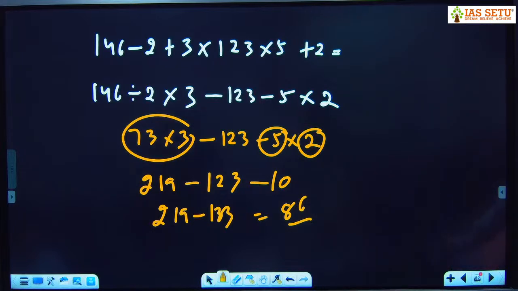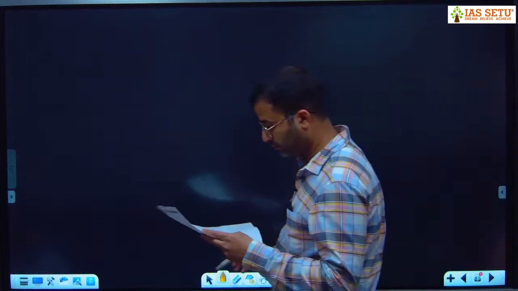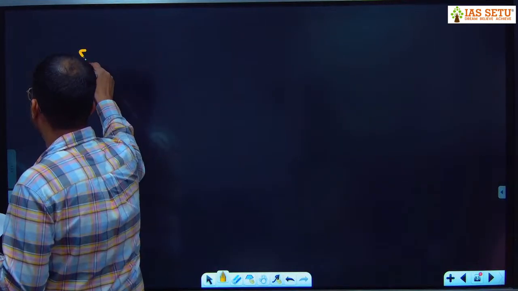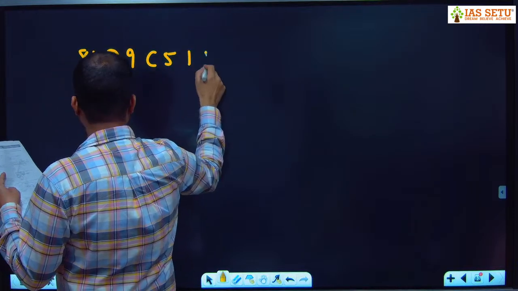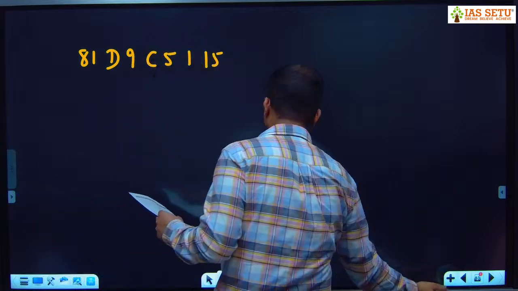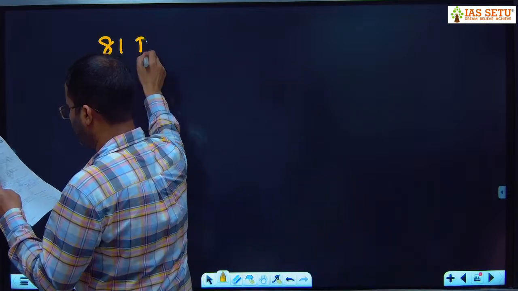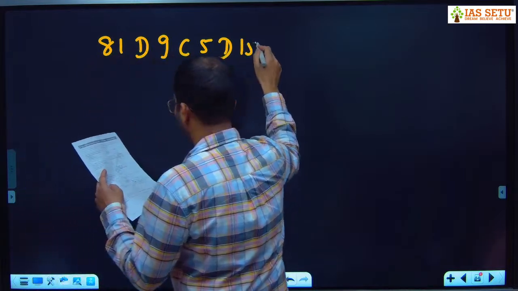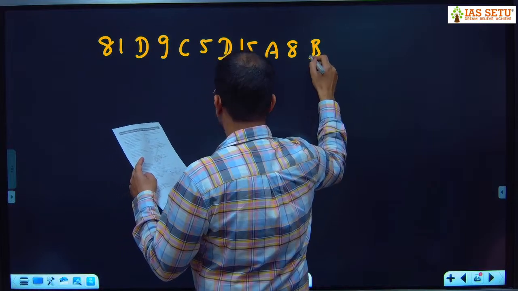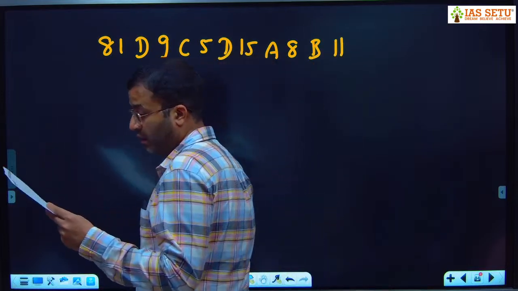ओके डन। क्वेश्चन नंबर 5 डन, 6 डन, 8 डन। 8 नहीं किया, 8 ले लेता हूं मैं, 8 I will take. I take question number 8 as well. 81 D 9 C 5 D 15 A 8 B 11. D मीन